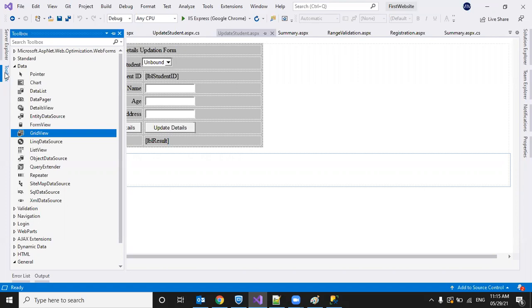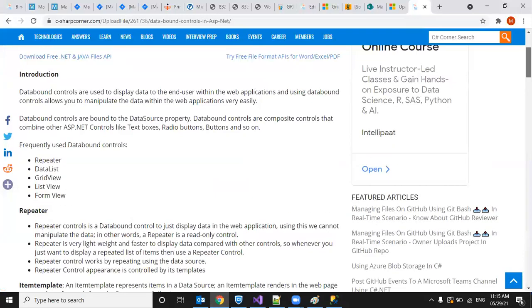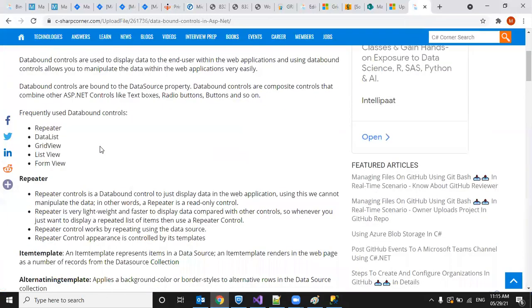For that we have different controls like DataList, DataPager, DetailsView, FormView, GridView, ListView, and Repeater control. We have different controls to do such operations. So, the data bound controls. I just opened one tutorial just to show you the list of controls.